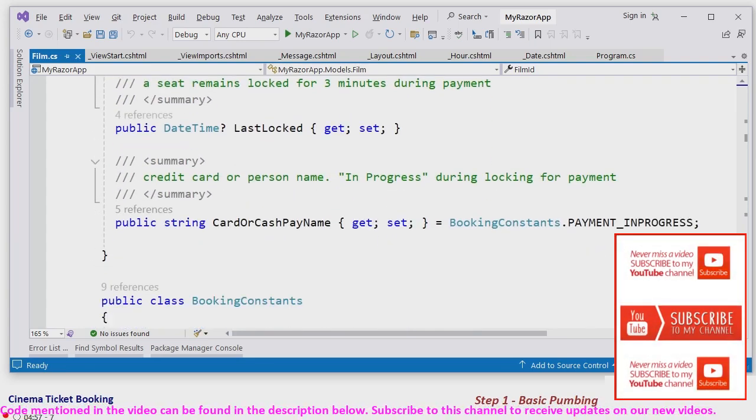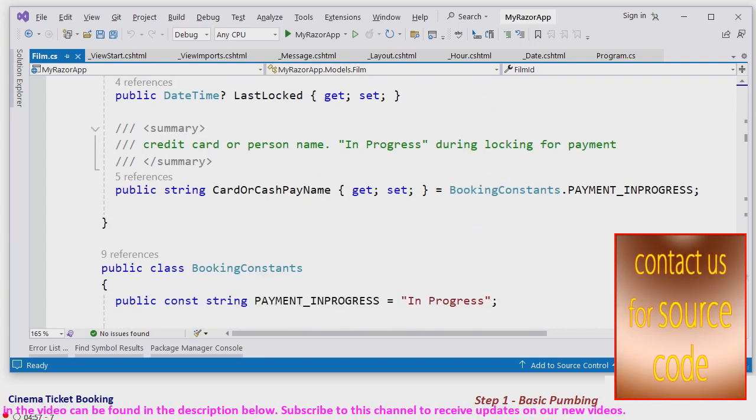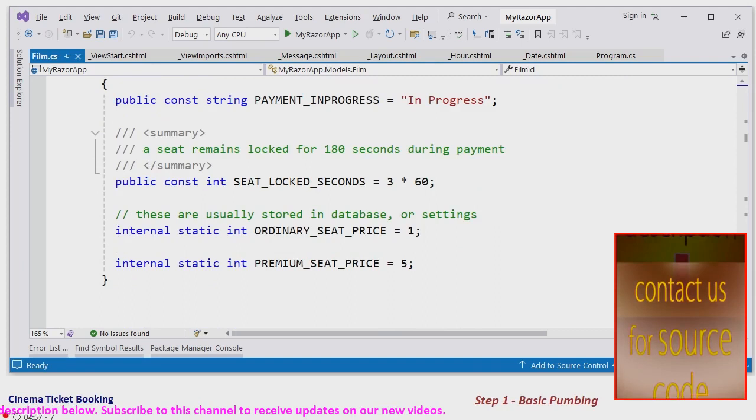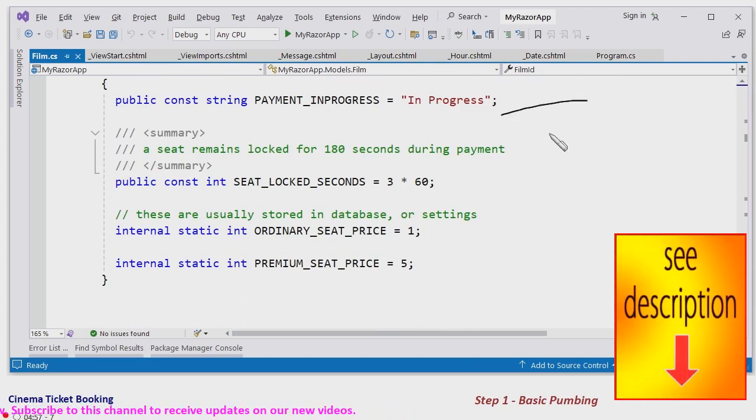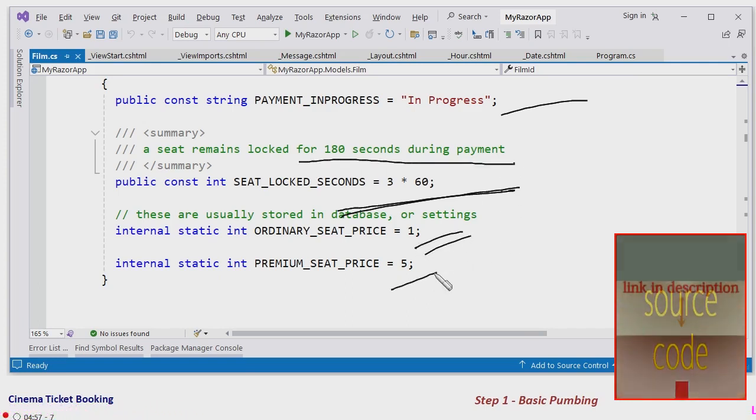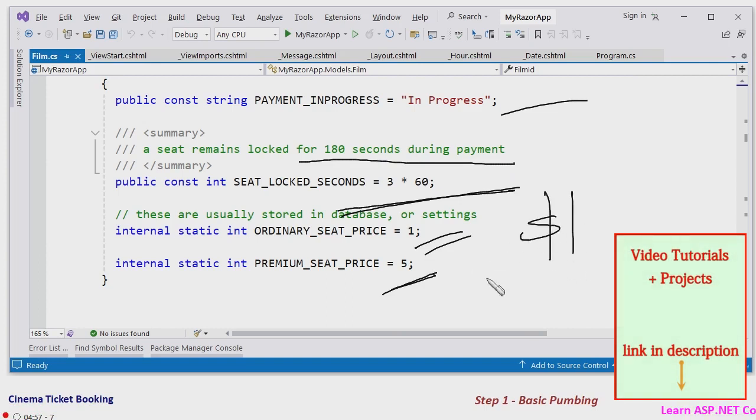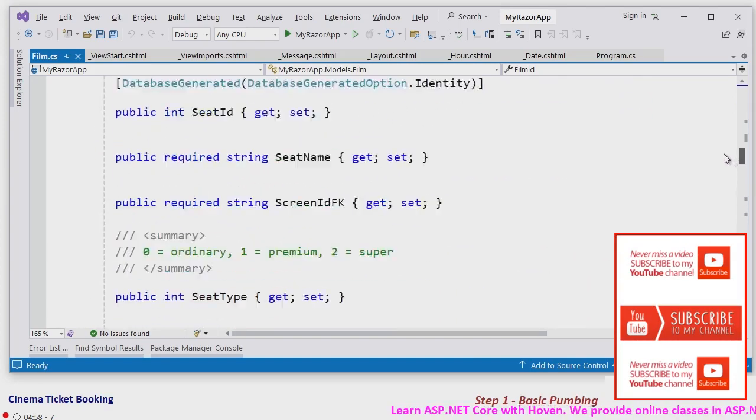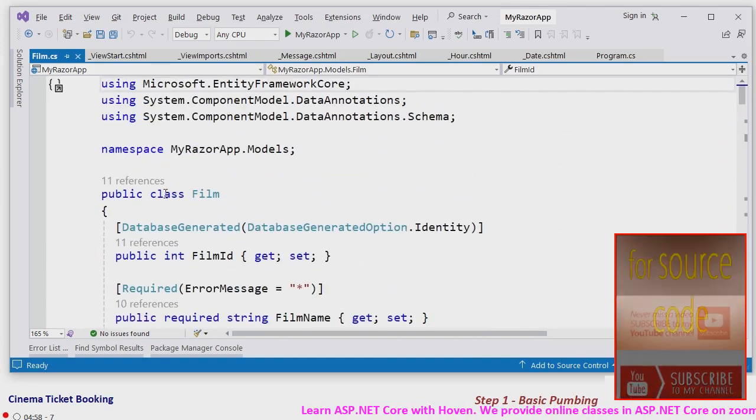And then, for example, we have a last logged here. This is a constant, and this is the lock of 180 seconds. A seat is locked when a customer is deciding to buy. Seat prices are fixed. You can do it either way, but I have done it fixed as $1 and $5. So this is the